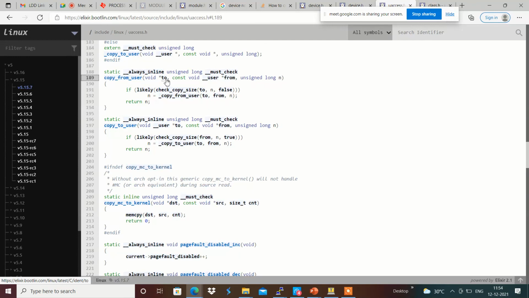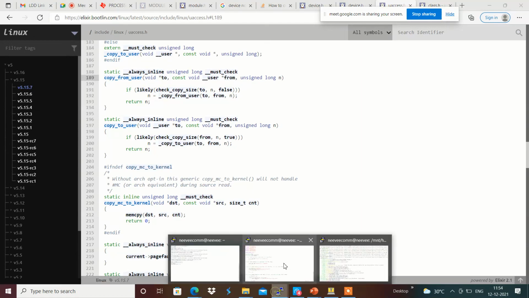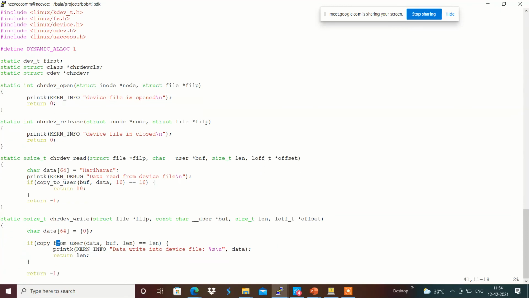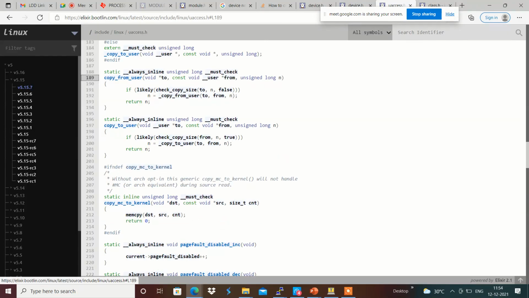Copy from user: the source is the user buffer and the destination is the kernel data, so it will get copied from the buffer to here. Copy from user and data.